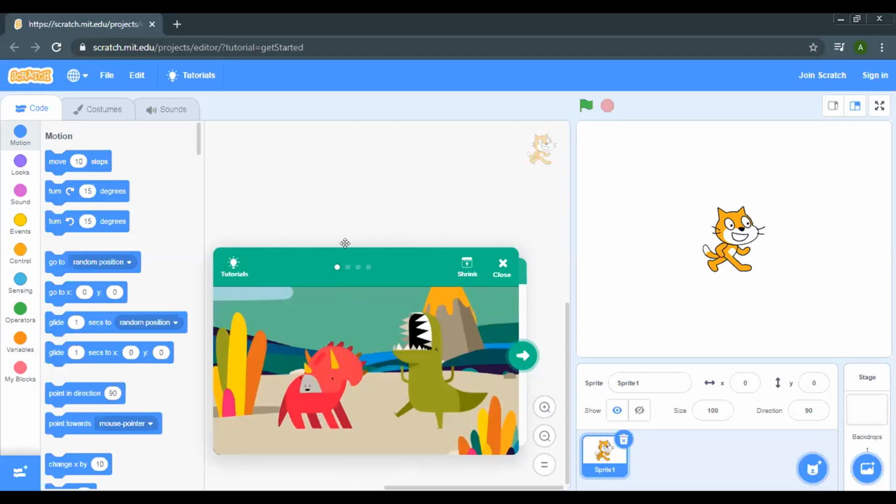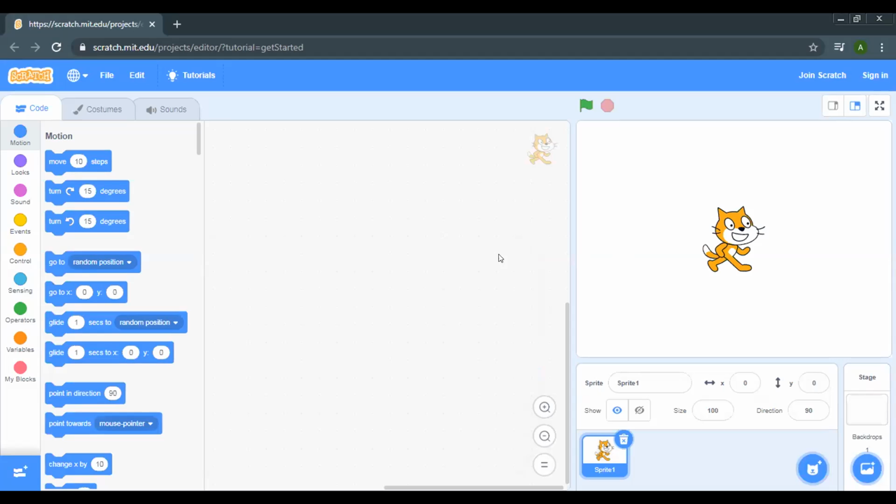Agam, let's close this one. Just click over here. Yes, please close it. We will start from the very basics. What you see over here, the cat, is known as a sprite. All the sprites that you're going to work with in this workshop will come over here. Any activity that you do, you will do it on a sprite. If I tell you to go and select a sprite, then whatever you see over here will be a sprite. For example, the cat is a sprite as of now. Are you with me, Agam? Yes, sir.